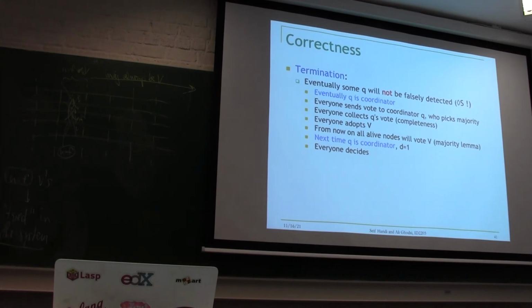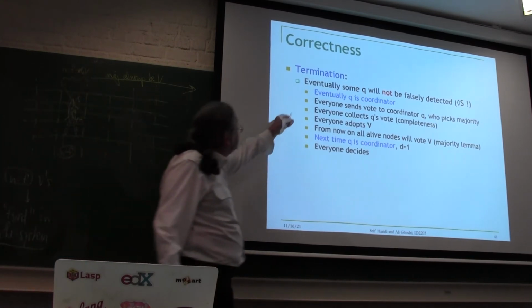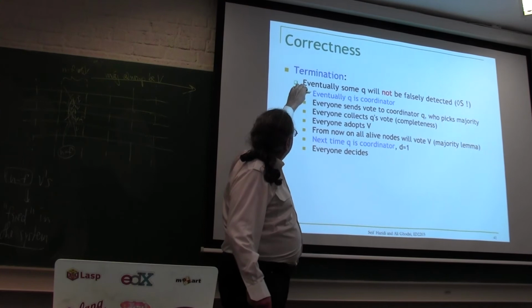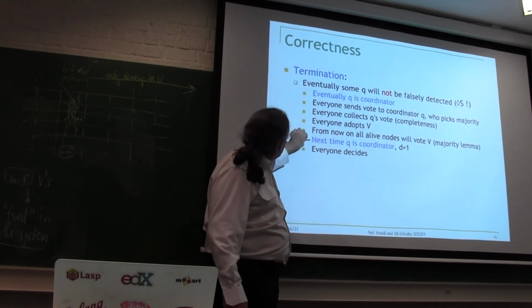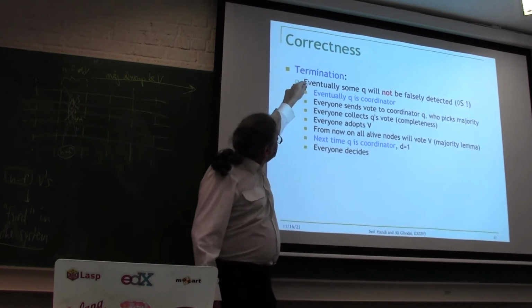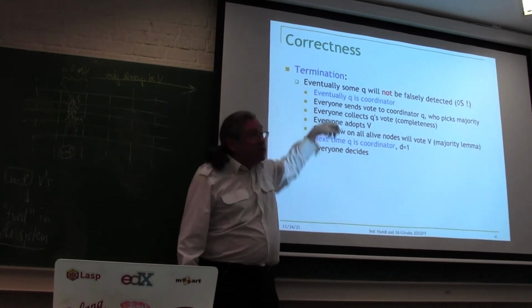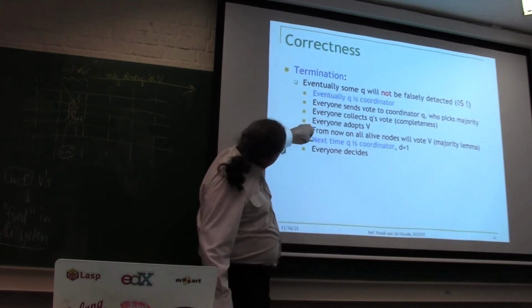So everything is connected, huh? The f less than n over 3, receiving n minus f messages, maximum f failures, the rounds going forever, the eventually S, eventually no mistakes, but it's not enough that you hit it once. You have to hit it the second time, and then you will actually be sure you're done. Not the first time, you won't be sure yet. And this is all worst case, huh?